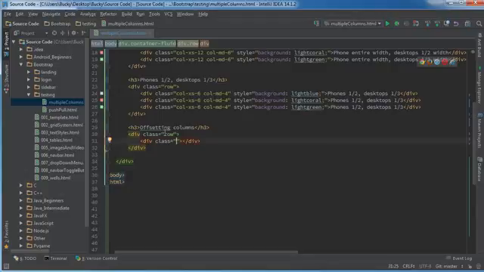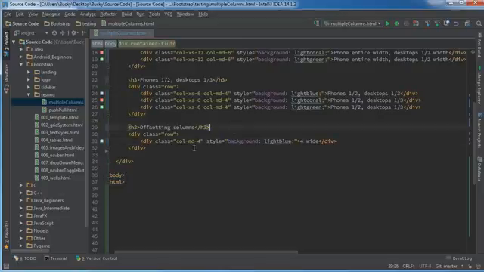So what we would do here is let's just give it a column of like MD4. So it's going to take up a third of the screen whenever you're looking at it on a desktop. And let me just put 4 wide or something in here. And give it a color too. Alright, so we got one little chunk and it's taking up a third whenever we're going to look at it